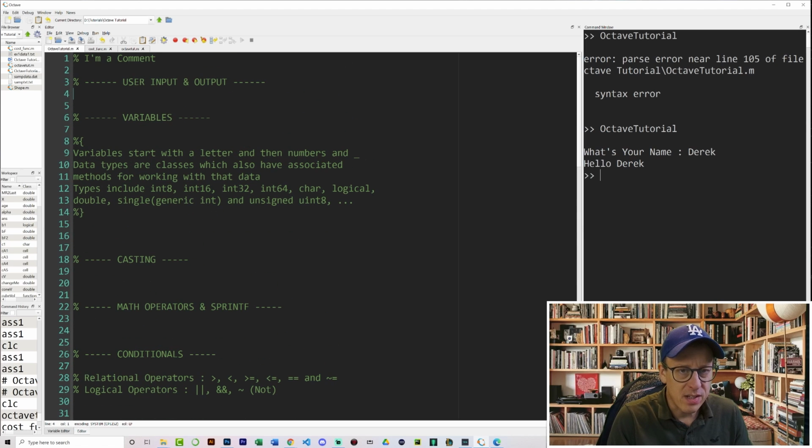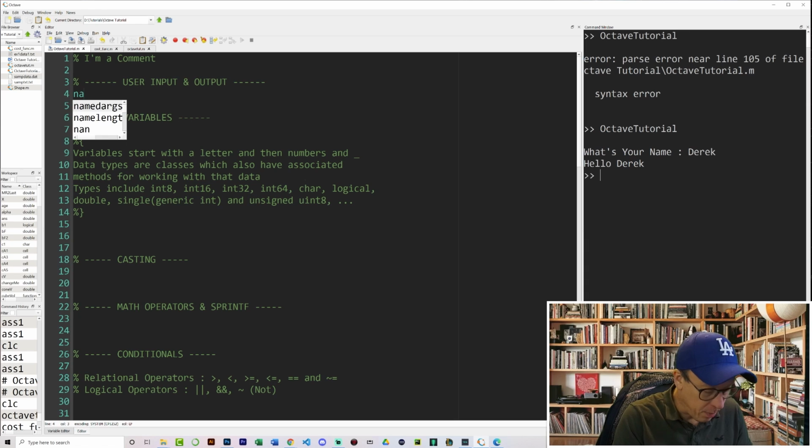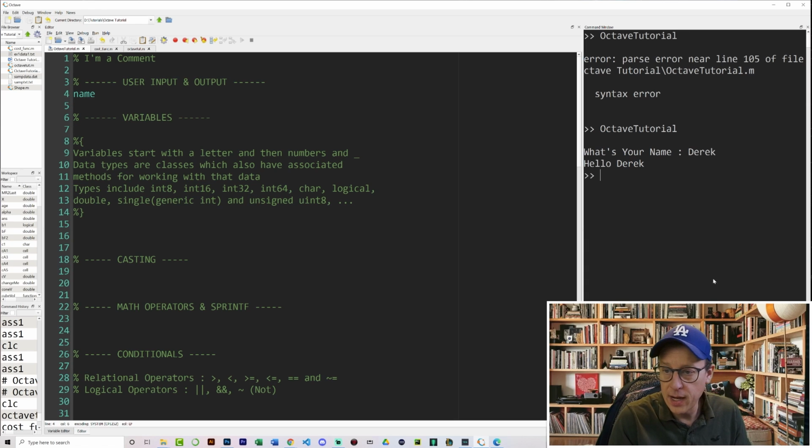And I often think that solving these math problems on paper actually makes them more understandable. And so that's what I'm going to do. All right, so basically a comment in Octave just begins with a percent sign, just as you can see right there. And user input and output. So let's say we do something like